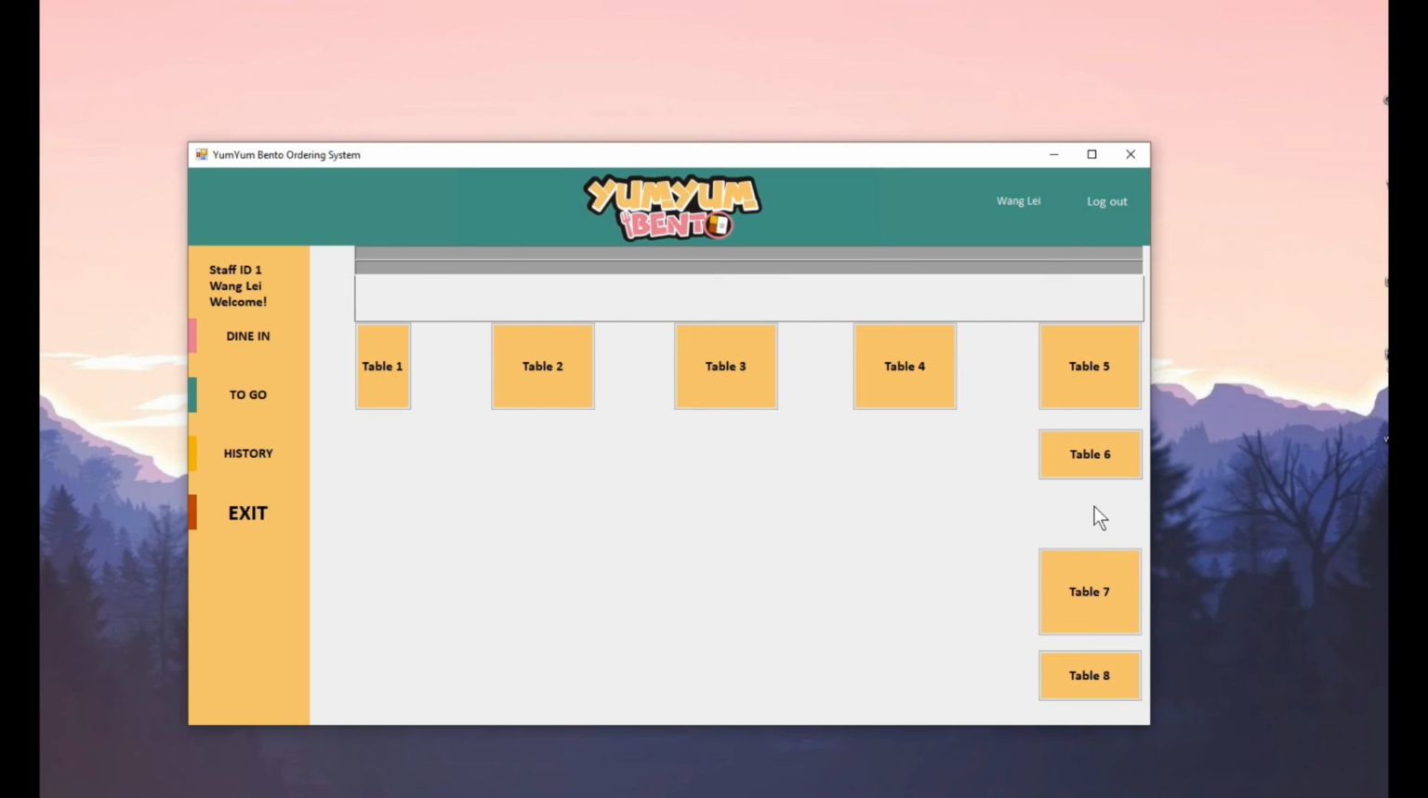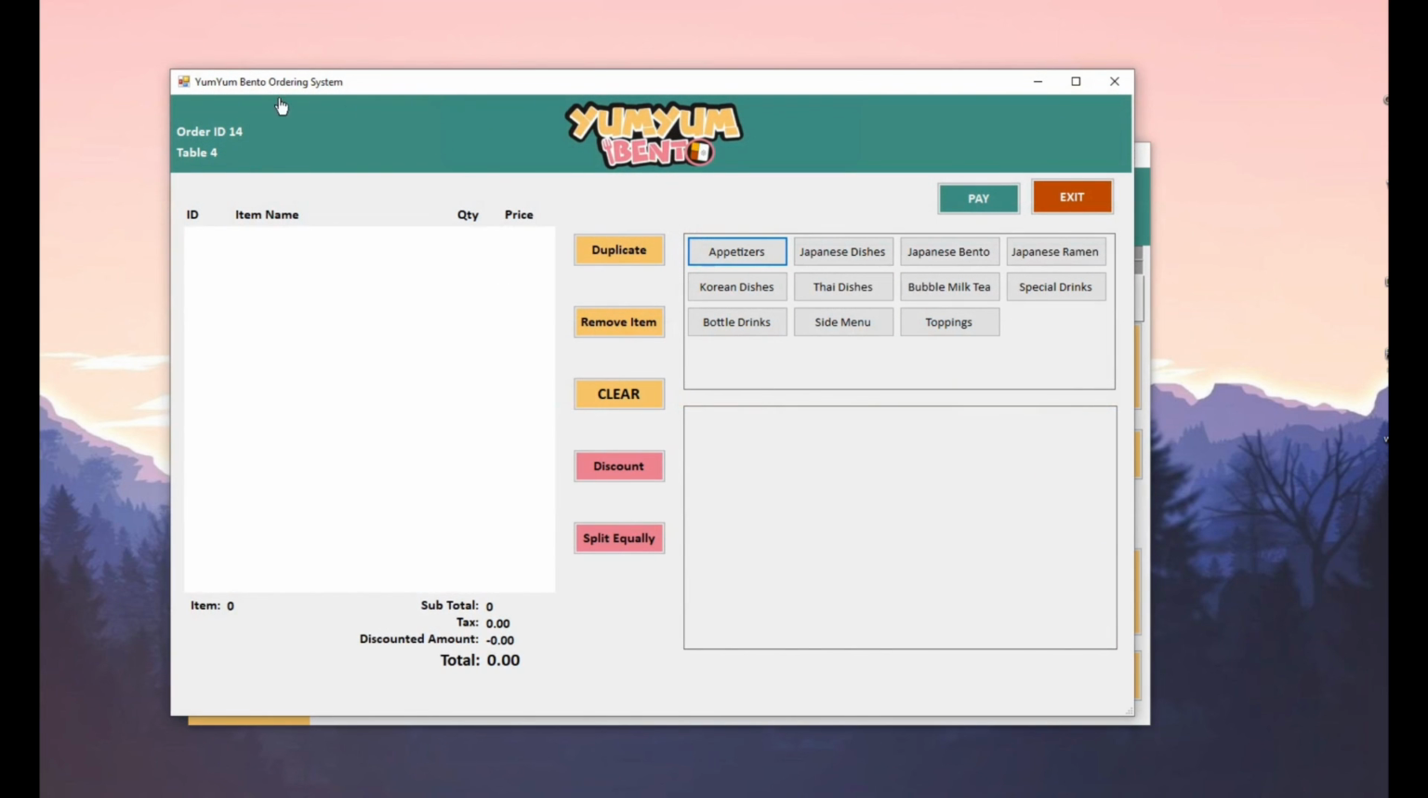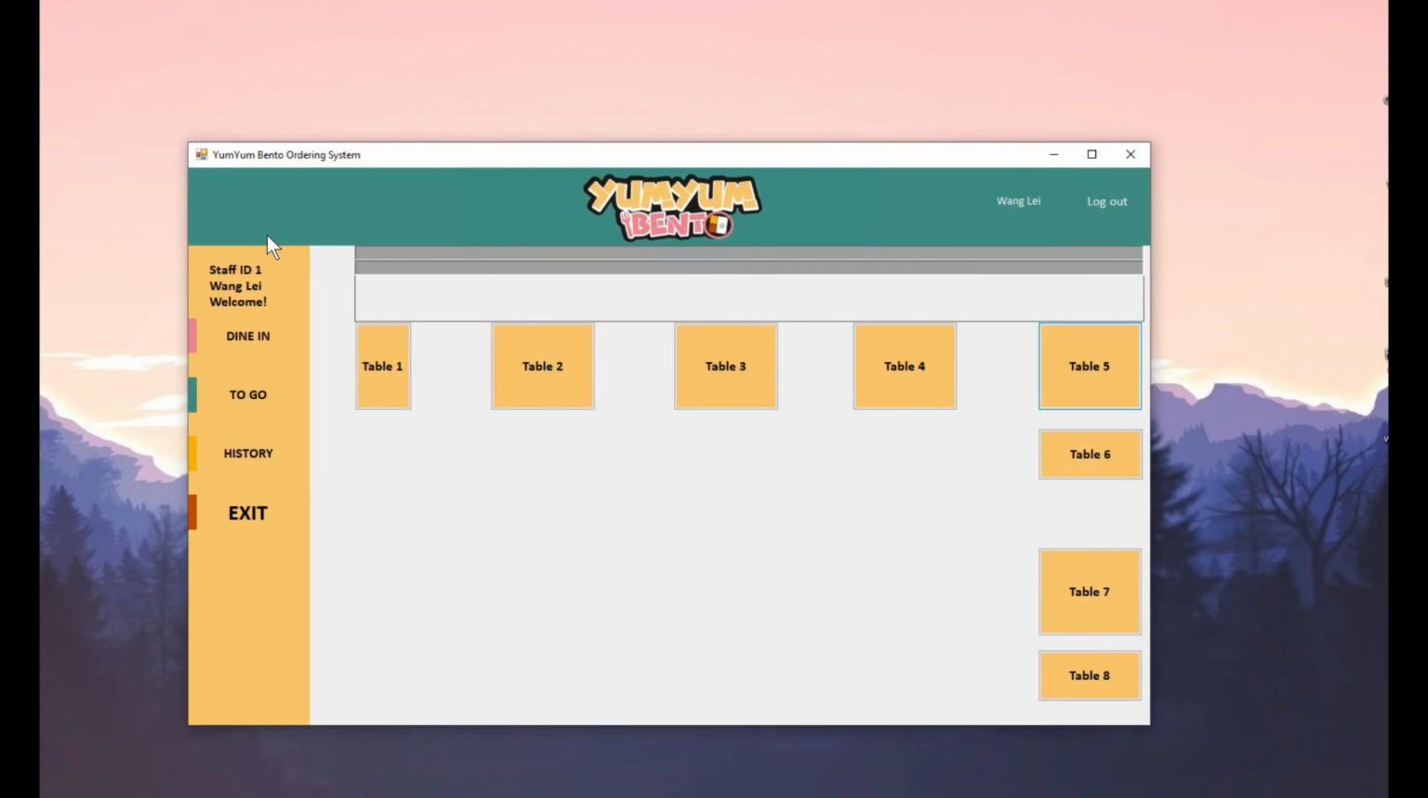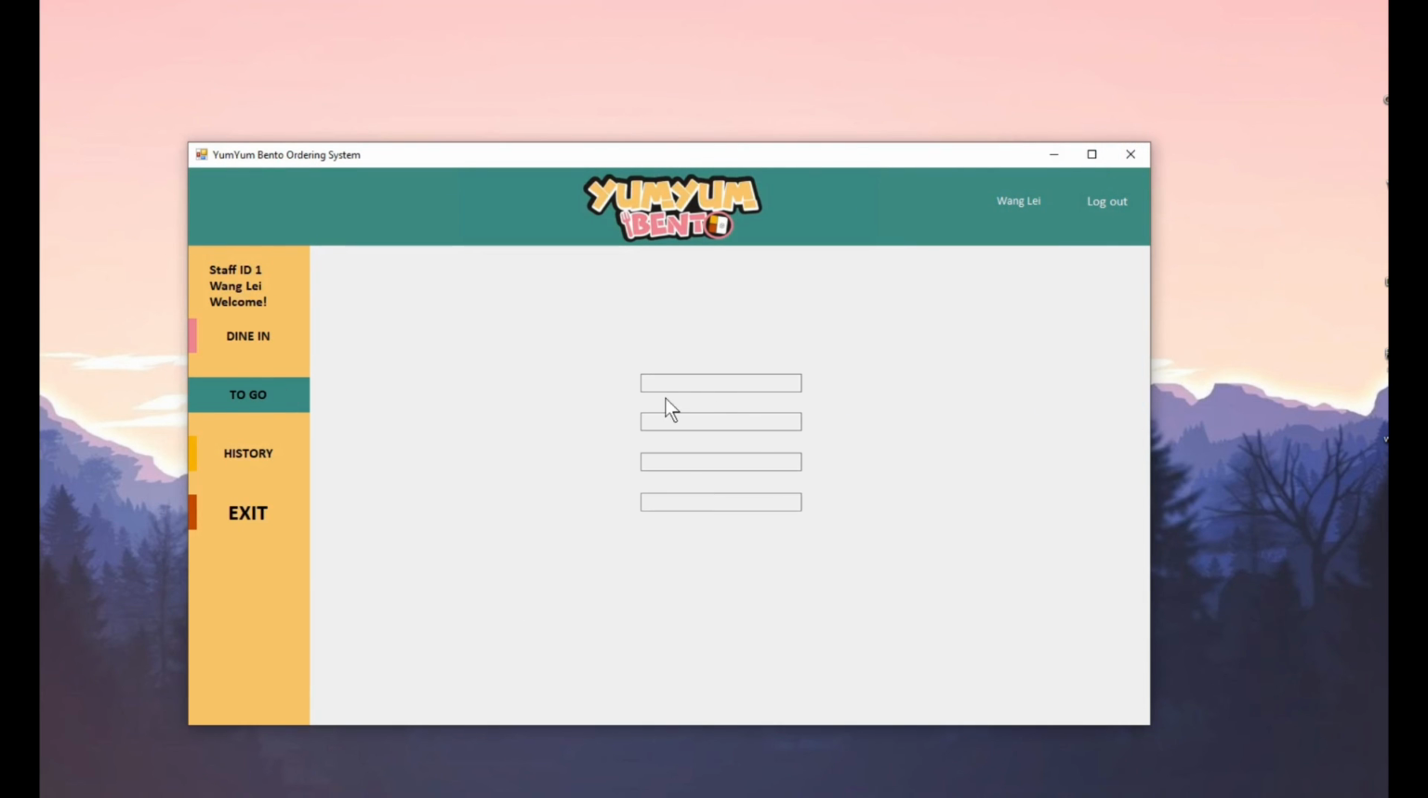The layout here is set as the store layout. We got 8 tables in total. Click on any one of them will open in here. So table 4, or is it table 5? And if it is for a to-go customer,